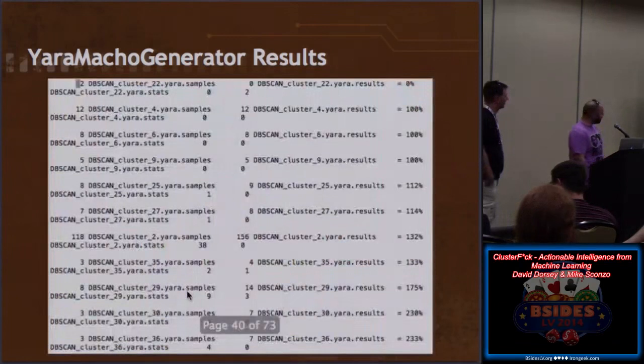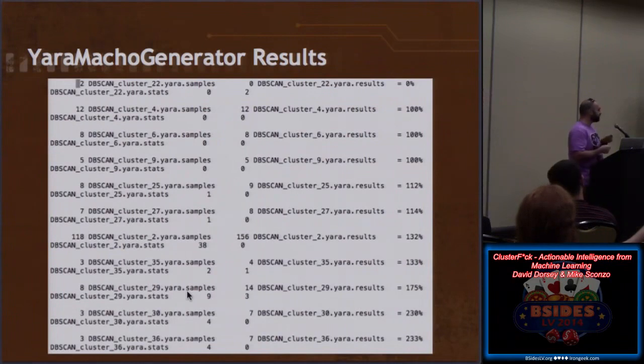So here's a brief snapshot of some of the results. You can see there's awesome numbers. There's actually one cluster where the Yara signature didn't fire on any sample. There's a bunch that it found exactly the files that should have been in the sample. There's a couple more where the signatures probably weren't as restrictive as they could be, and we got a couple bleed, and that's kind of that 112%, right? 233% of the files. So basically what it's saying in the very last row is there were 3 samples in the cluster and the Yara signature flagged on 7.